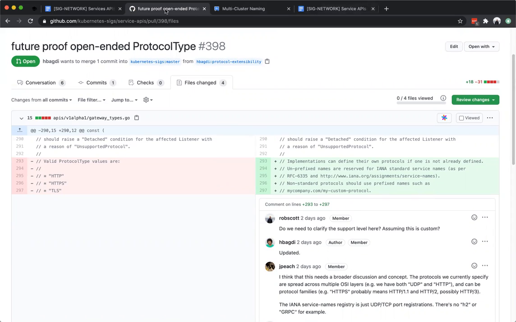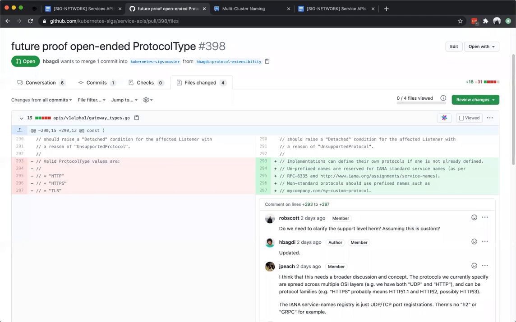Yeah, so this started, I think, from a comment from Tim, where how are we going to future-proof this protocol type? Where if somebody introduces a protocol, let's say FTP into this, a bad example, but has implemented an FTP route type.